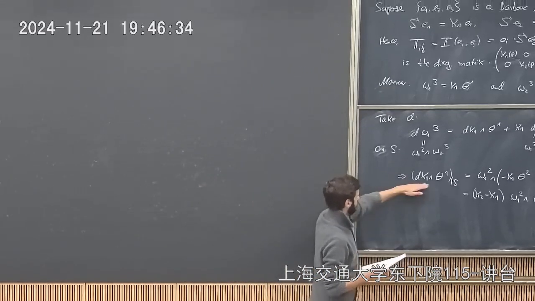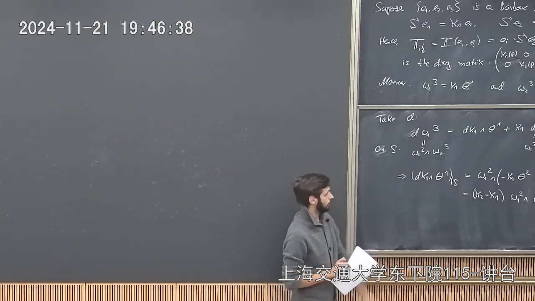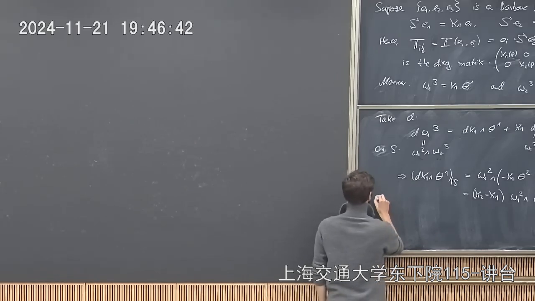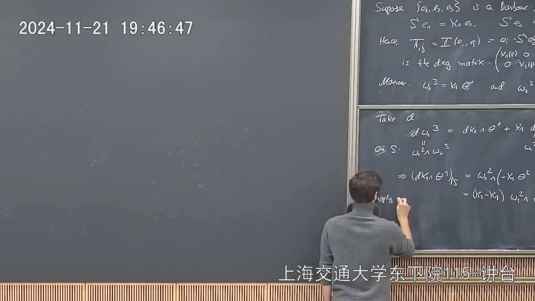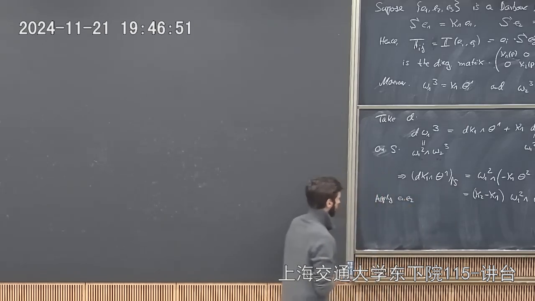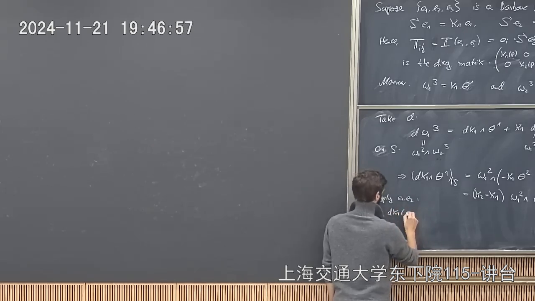So we would like to actually get an equation for d kappa 1. And in order to do that, we apply E1 and E2 to this equation. So what we get then is that d kappa 1 applied to